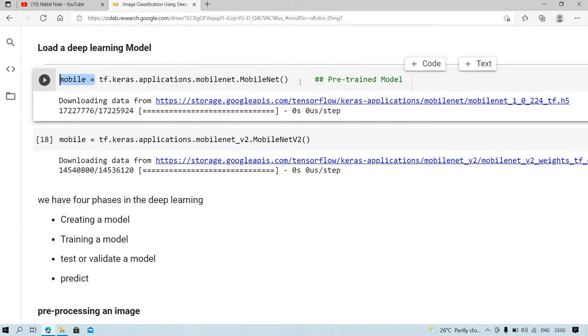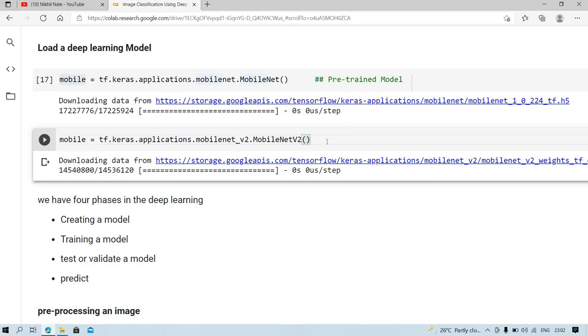First I will import the MobileNet version 1 model and store it in the variable mobile, and again I will load the MobileNet version 2 model and store it in the variable mobile. First I will predict with MobileNet version 1, and after that I will predict the image with the MobileNet version 2 model.